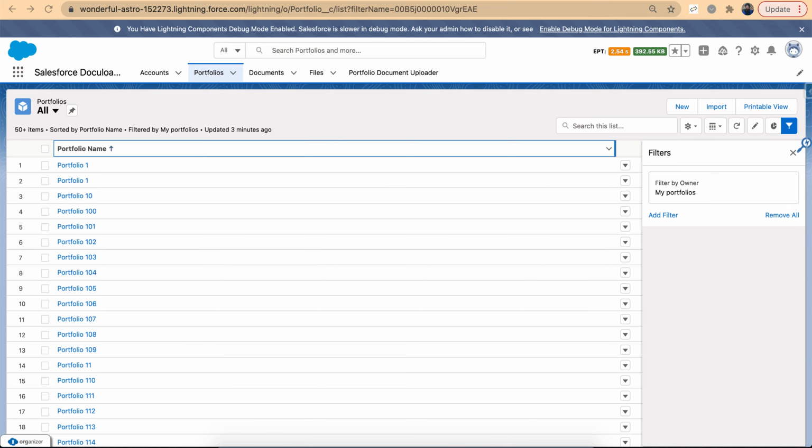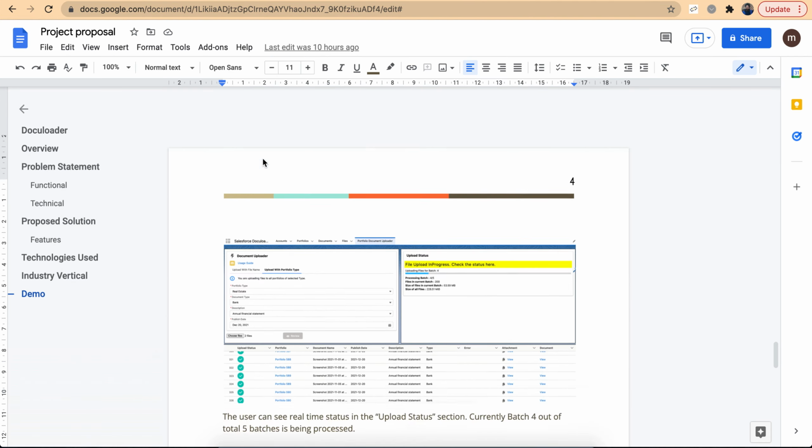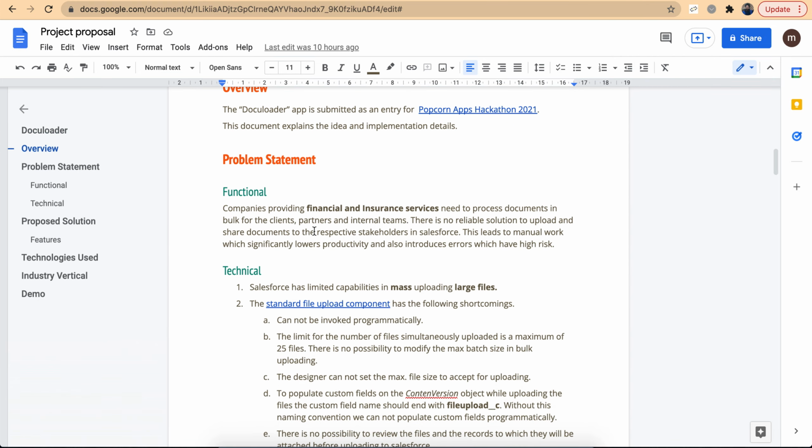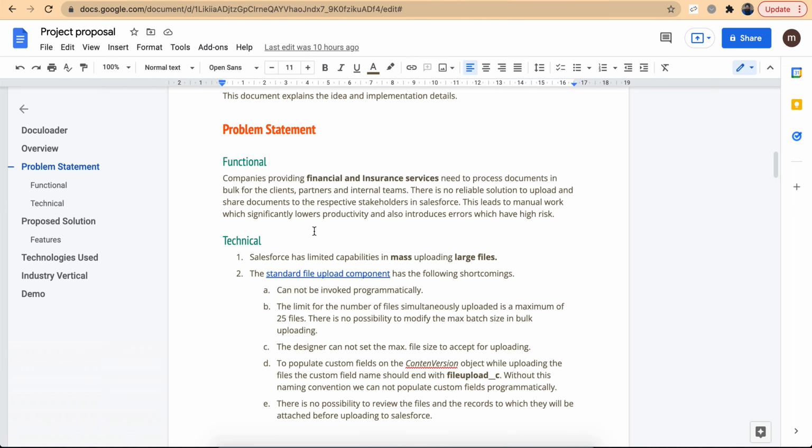I would be showing you the proposed solution for the popcorn hackathon I have been creating. The application is called Doculoader. The problem statement here is related to document handling, mostly uploading and attaching documents to the related